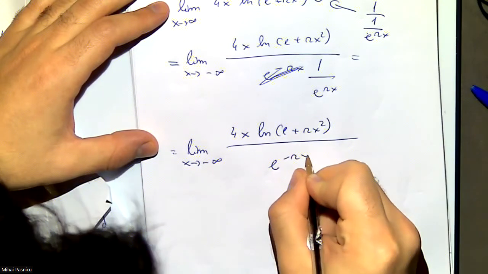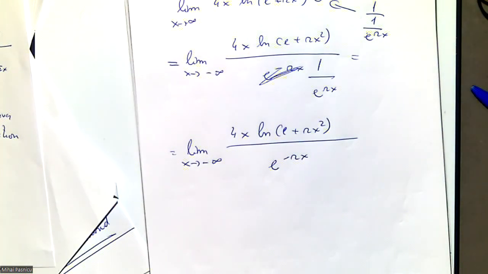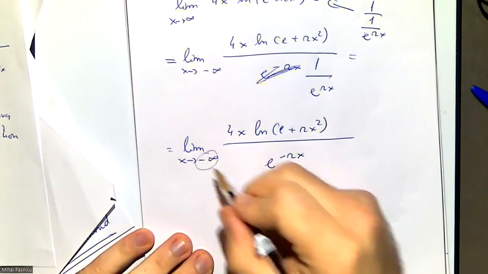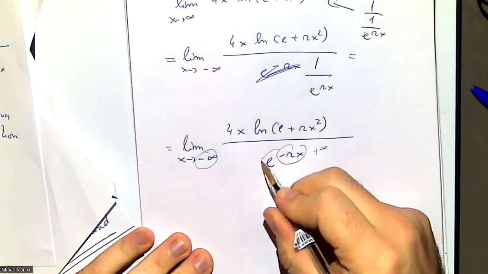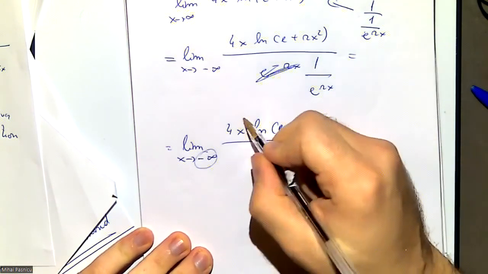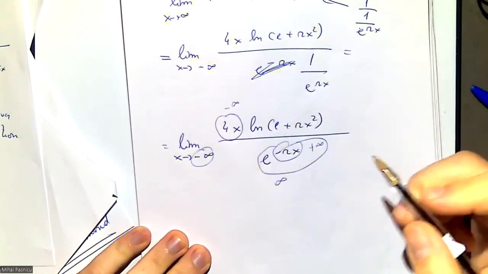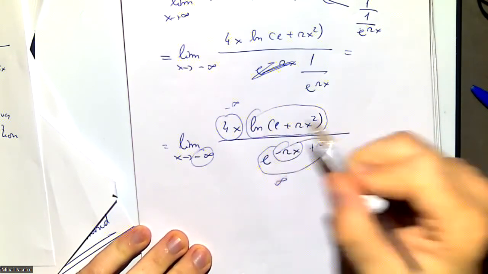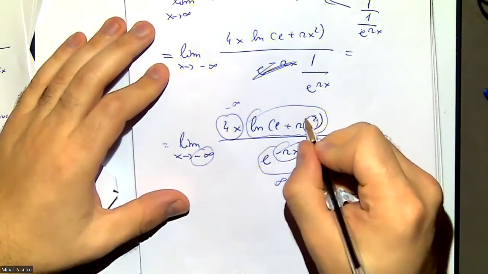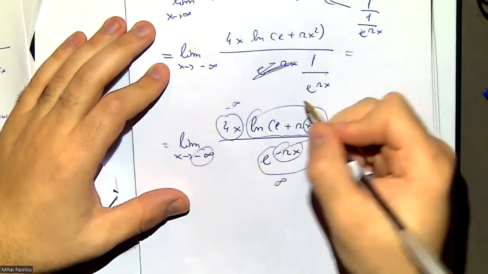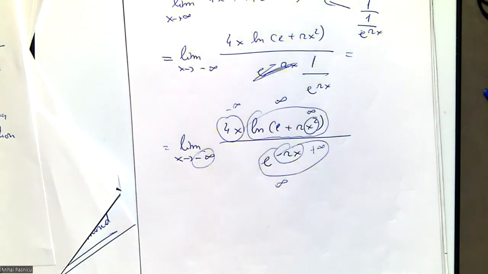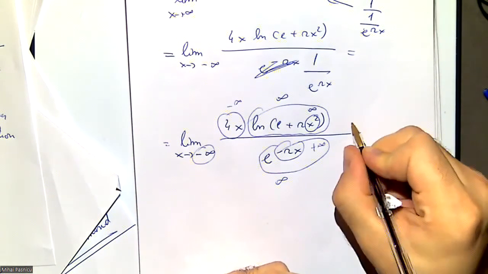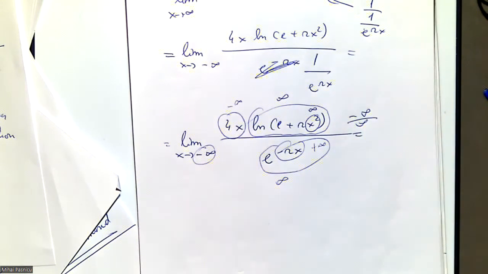So I just write it minus rx. Okay, and now again, I evaluate, see what I get. When this goes to minus infinity, this goes to plus infinity. E to the plus infinity just gives me infinity. This goes to minus infinity. And this thing just goes, x squared infinity, log of this infinity. So again, this is enough for me. Minus infinity, infinity, slam the L'Hopital into it, apply it how many times you need, you're eventually going to get, again,